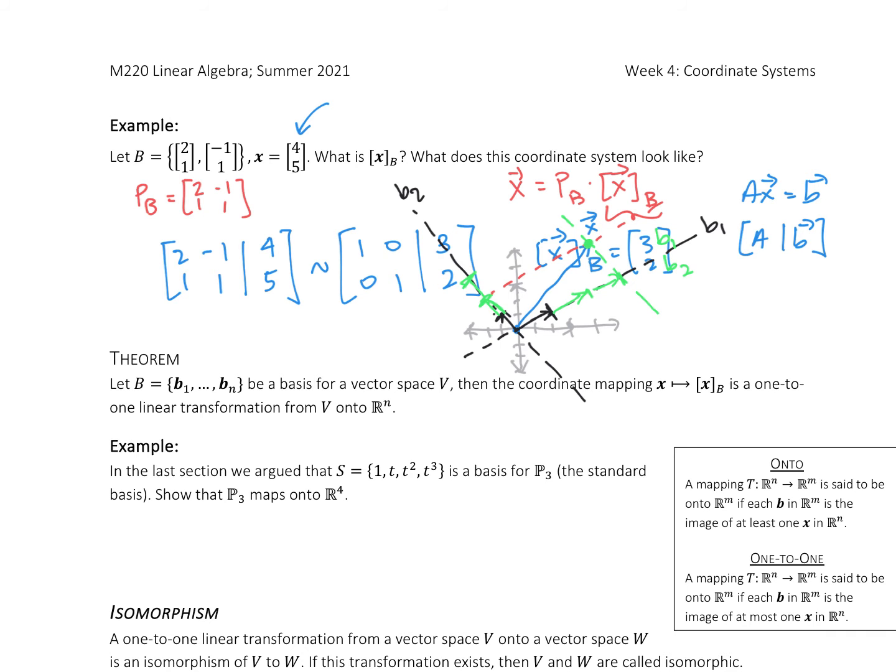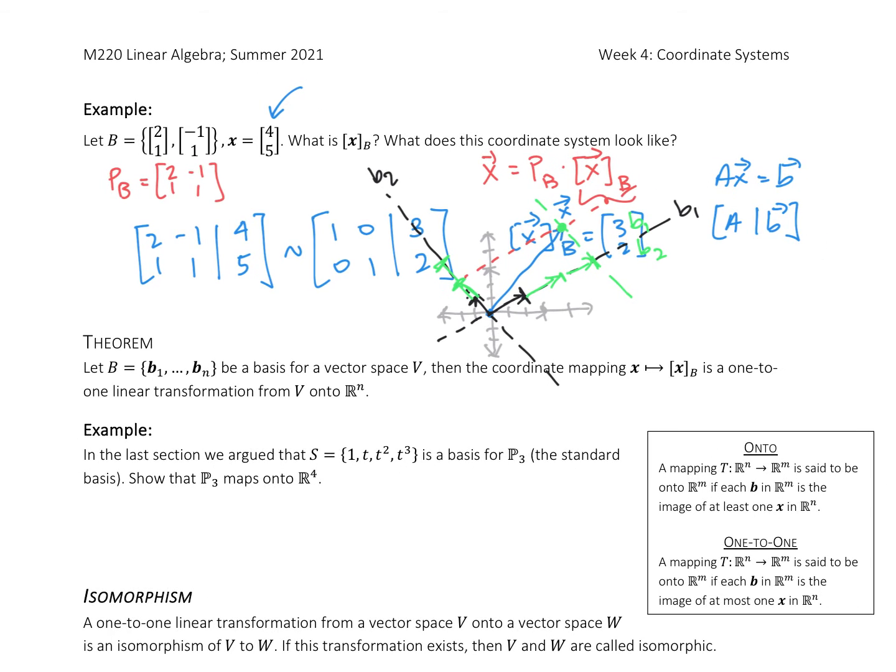So we need to understand what one-to-one and onto mean. Onto means that I have an output for every single input. So for every input that I put in there, I'm going to have an output. That kind of makes sense. Something that's not onto, if you think about in the real number system, so not thinking in vectors, is the function natural log of x. Natural log of x is not defined for all of the real numbers. So natural log of x is not onto